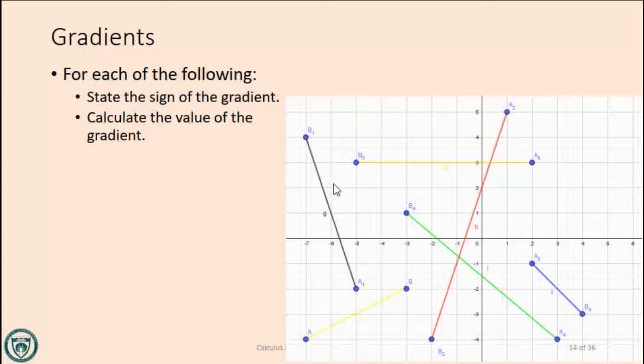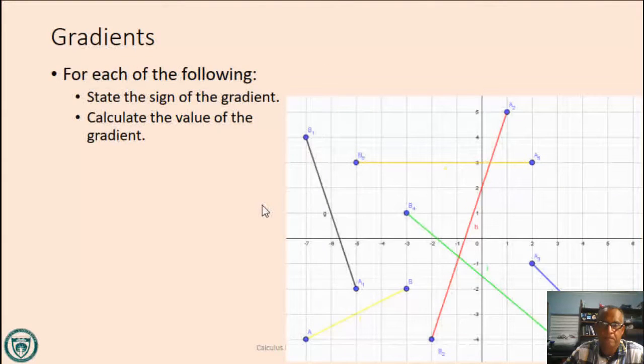So then this is a negative gradient, and likewise this is a negative gradient. And then to calculate the value, well, we need to find the change in the y and divide it by the change in the x. So let's take a look at this one here. The change in the y